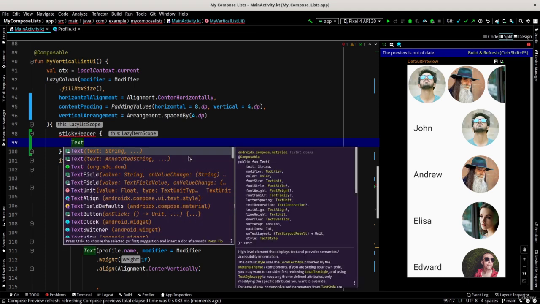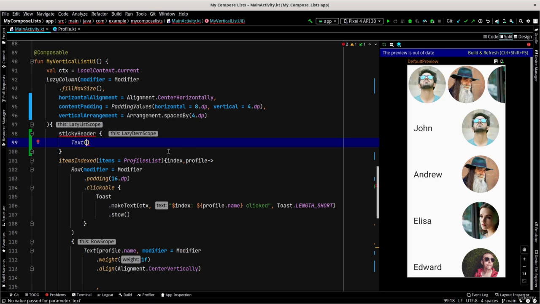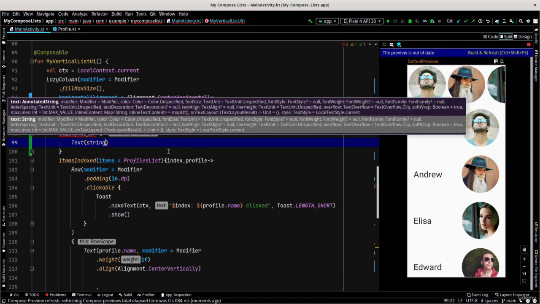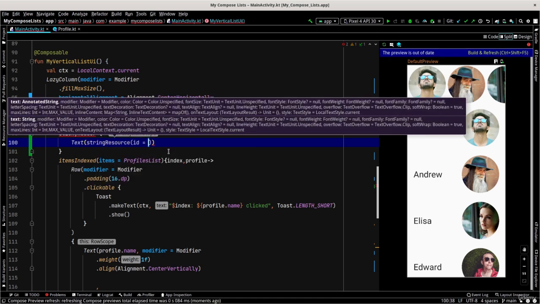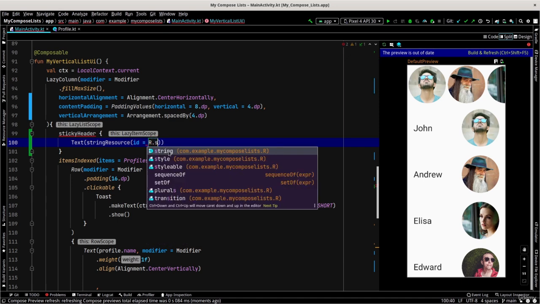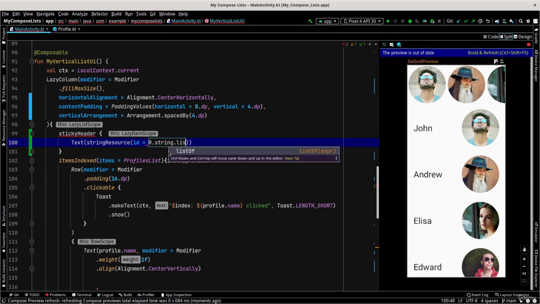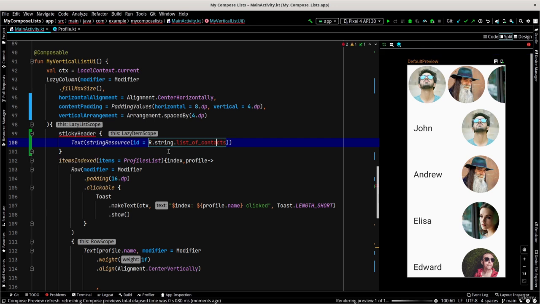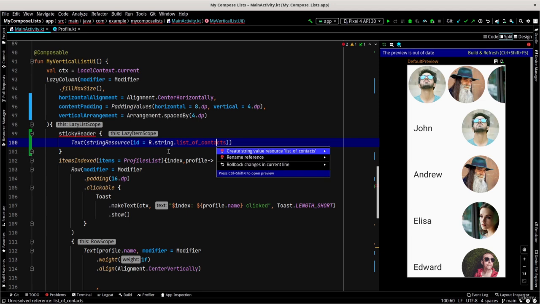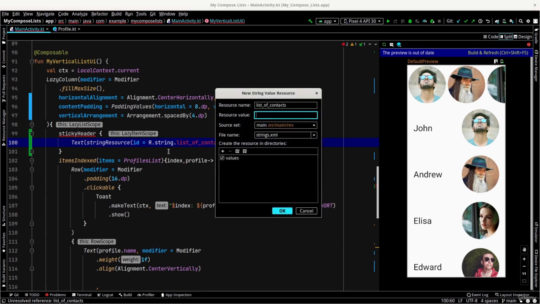I use a simple text element, and for this text element I use a string resource, R.string.list_of_contacts, for example. Let's create a string resource named list of contacts by pressing Alt and Enter. List of contacts for resource value,